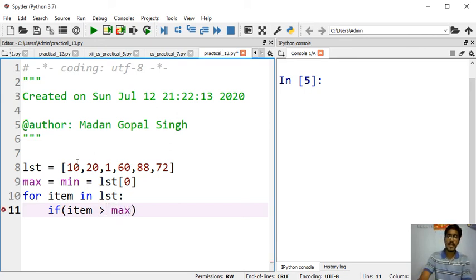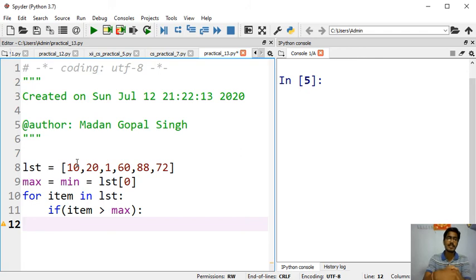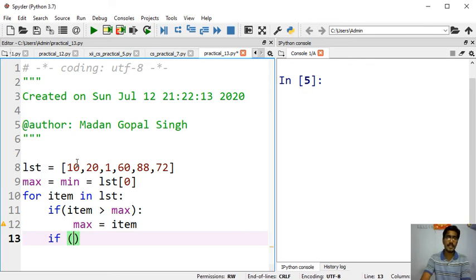If you write this condition in the wrong reverse order, like maximum is greater than item, then this program will not be correct. So keep this in mind, maximum equals item, and if we find the item less than minimum,